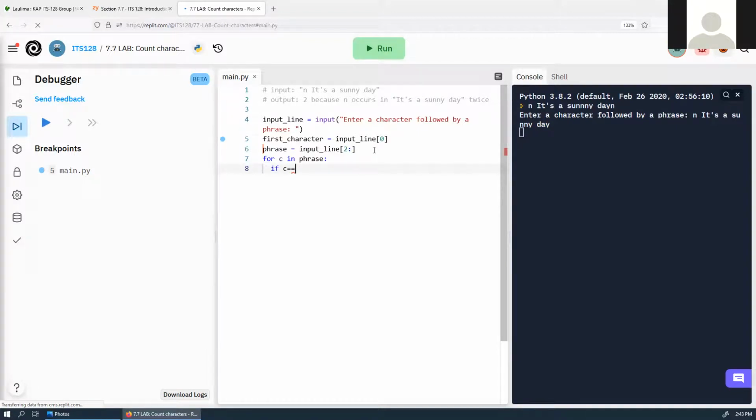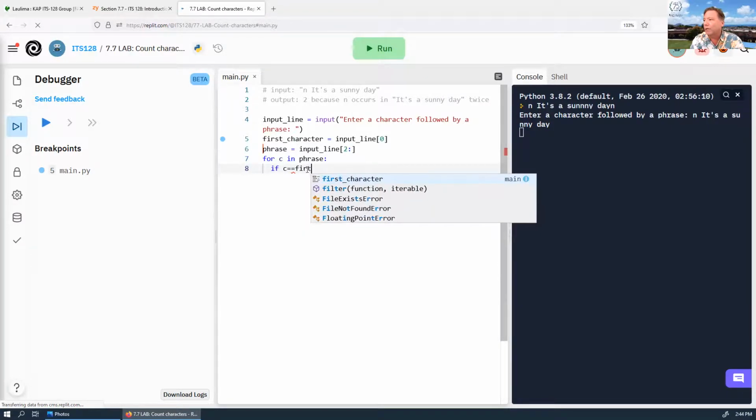It's looking for the output number 2, I think, because the N is counted twice. The N is counted twice because it's happened twice, there's 2 N's in the input. Anyway, I'm counting how many characters are equal to this character. So I'm going to say if the character I'm looking at in the phrase is equal to the first character,